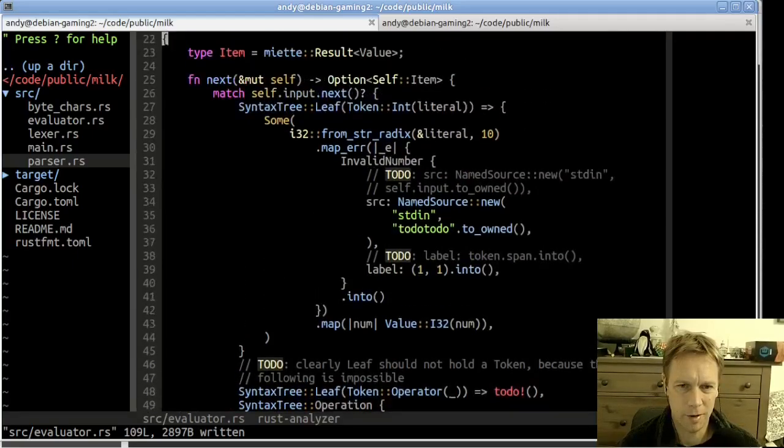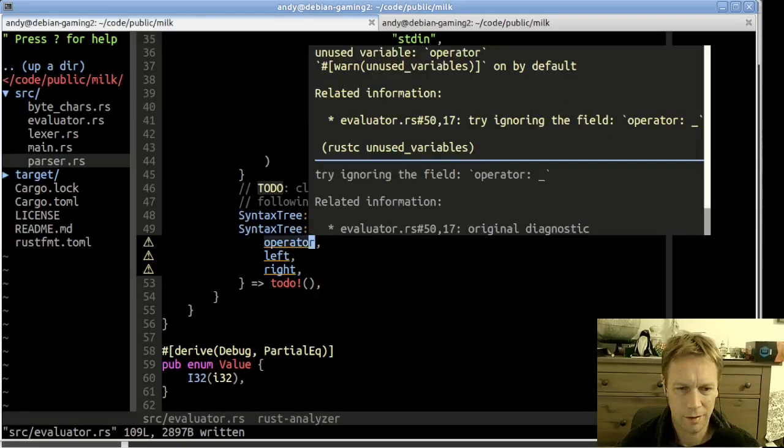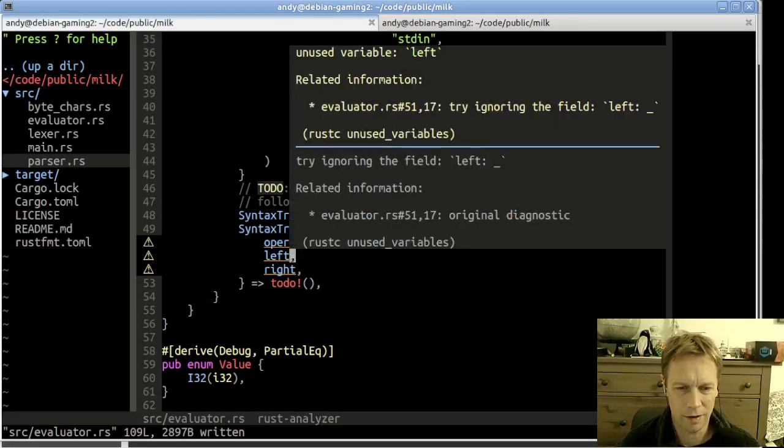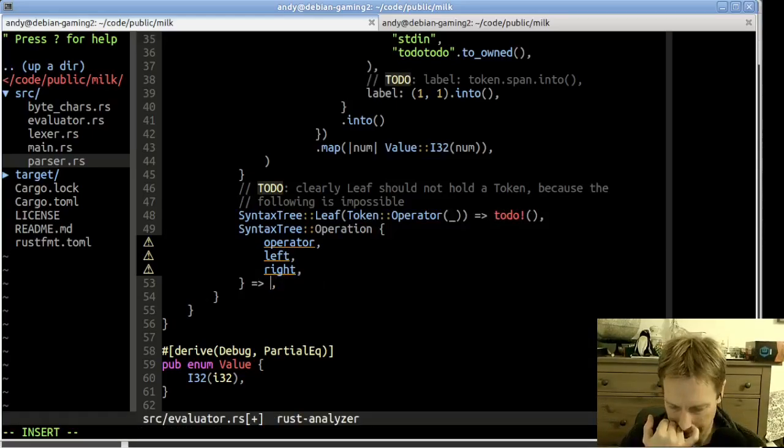If someone has parsed our stuff and given us an operation, then it will have an operator, a left and a right. So in order to find the answer, we need to first evaluate the left and the right, and then apply the operation to it. So let's do that by saying,